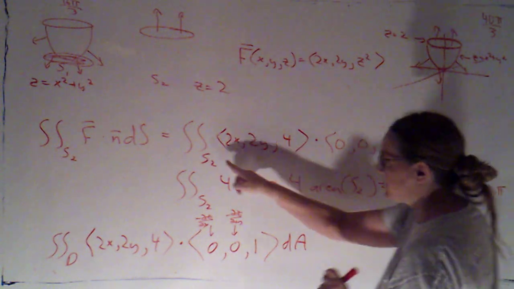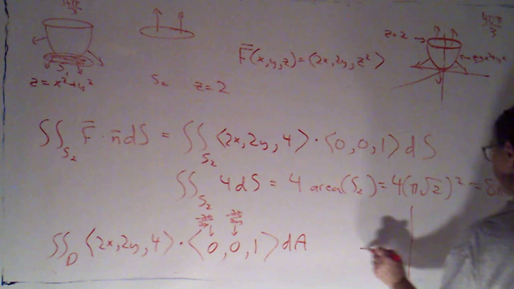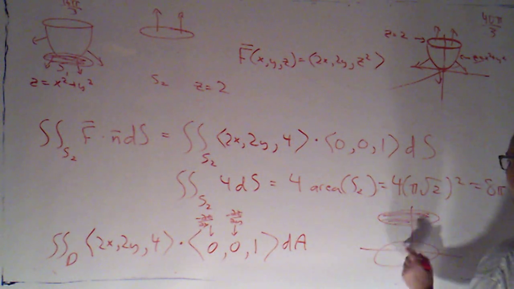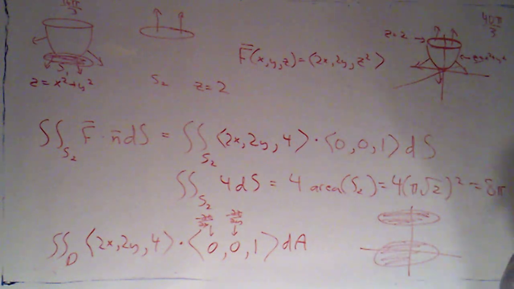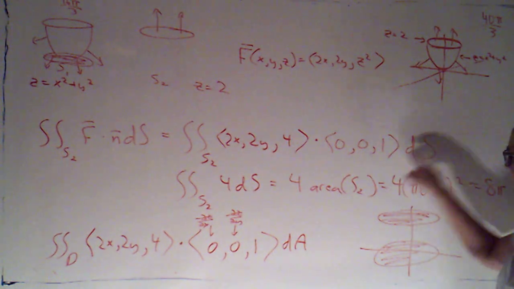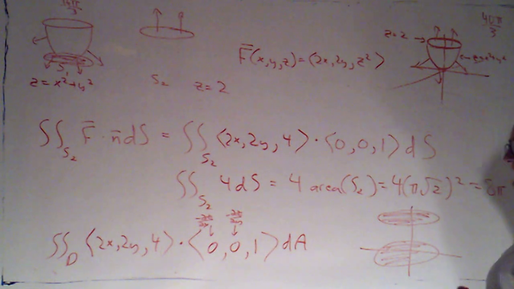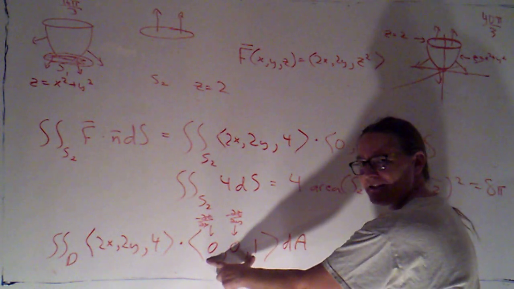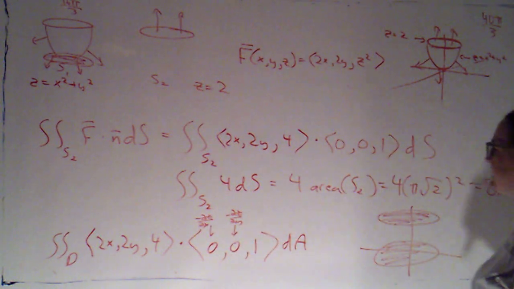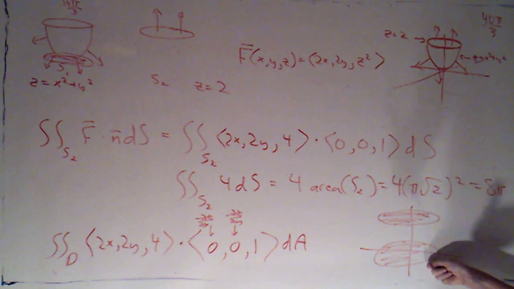Okay. Notice that's exactly what I had here as a surface integral. It's just that I switched from S2, which was the plane up here. S2 was this disk in the plane z equals 2. D is that disk just dropped down onto the xy plane. So I switched to that. Then normally when I switch from ds to dA, there's some sort of a scaling factor. But that scaling factor is the magnitude of this vector, which happened to be a unit vector in this case. So the scaling factor in this case is just 1,